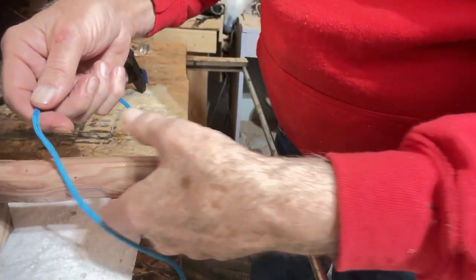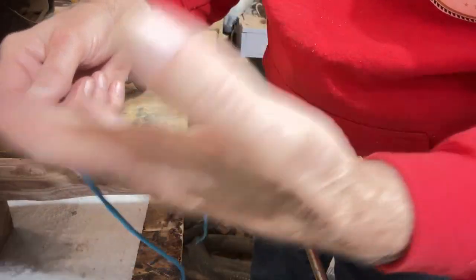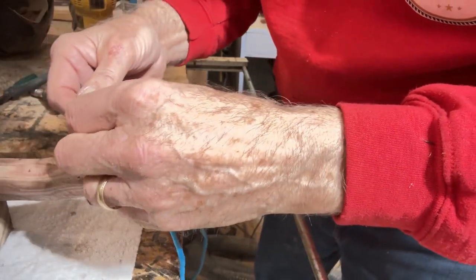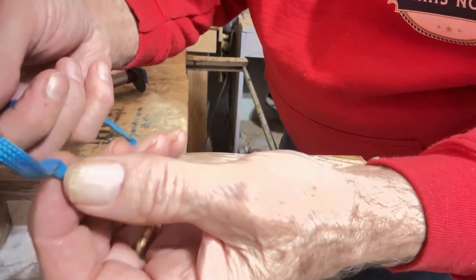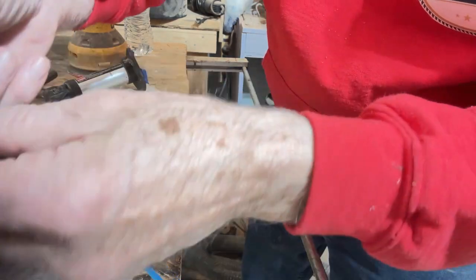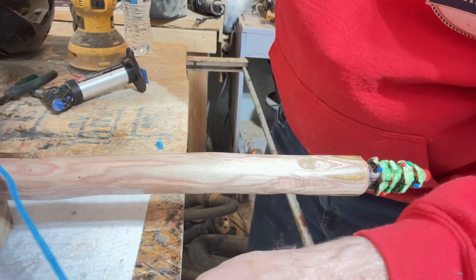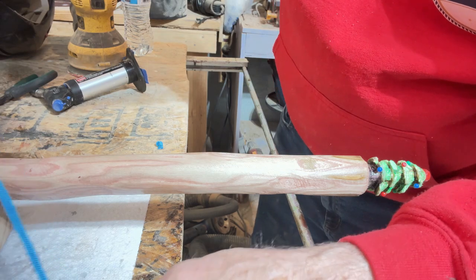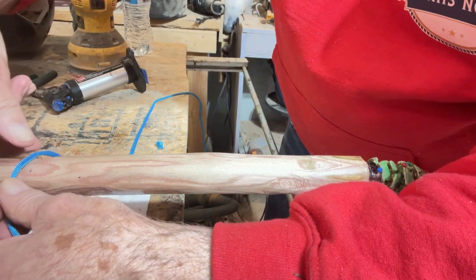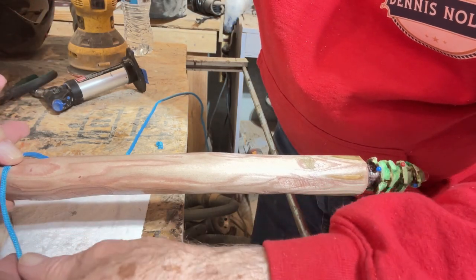Here we go with the hand grip and a wrist strap all in one. I'm starting today with 22 feet of nice blue paracord, and what I want to do is pull up through your fingers about 2.5, 3 foot of paracord to start with. Lay it down, hold your thumb about where you're going to start your wrap,